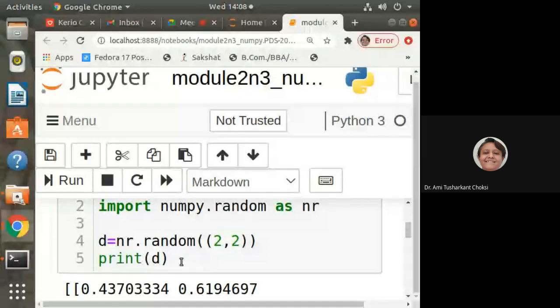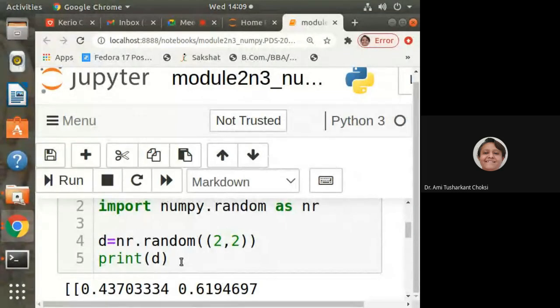If you are considering numpy as np, then whatever particular function you want that is available in numpy, you write dot random, then the function. Here random only is there, but any function can be there. If you are assigning only numpy as np, then you need to write np.random.random.